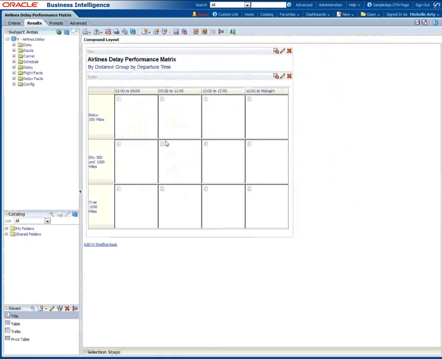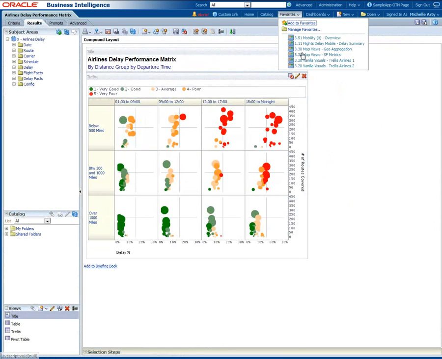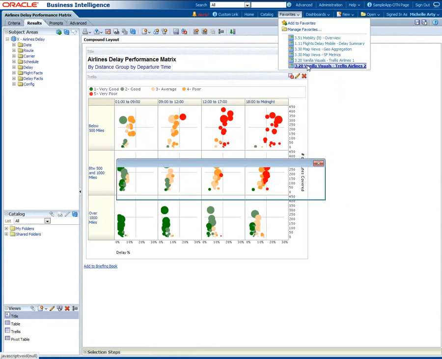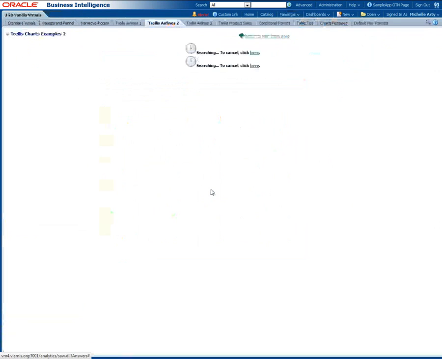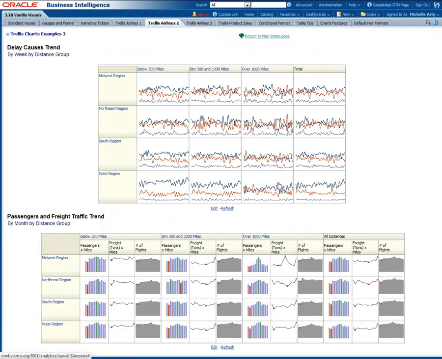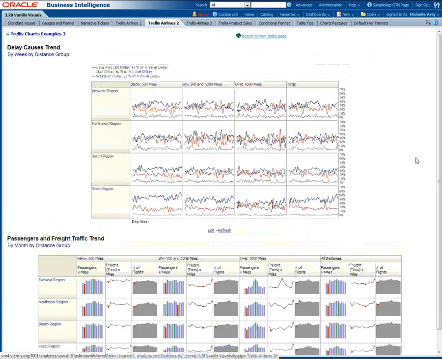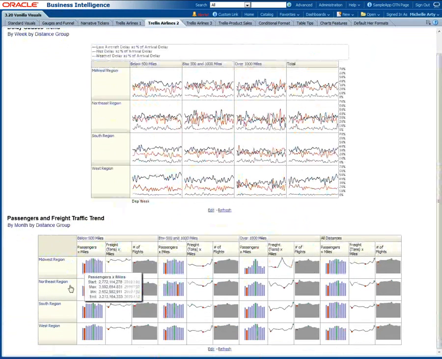So I'm going to come out here and also look at what one of the ones looks like for a complex visualization. As opposed to a simple Trellis chart, this is an advanced Trellis chart, the one down below. You'll notice this is different in that it has different visualizations in here, bar charts that appear, and as you hover over these, it'll show you what the start, max, min, and end is for each one of these, and you can drill into each one of these, of course, as well. And then you can look at spark lines, spark bars, areas,